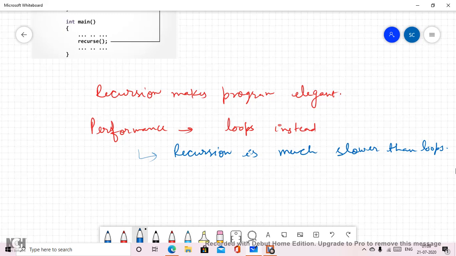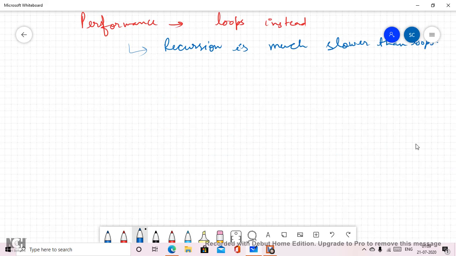Now we will see why this recursion is slow, and the answer lies in the memory allocation at the time of recursion. So, memory allocation in recursion: when a function is called, its memory is allocated on a stack. We had a discussion in previous classes also that whenever there is a function call, the memory is allocated in the stack.